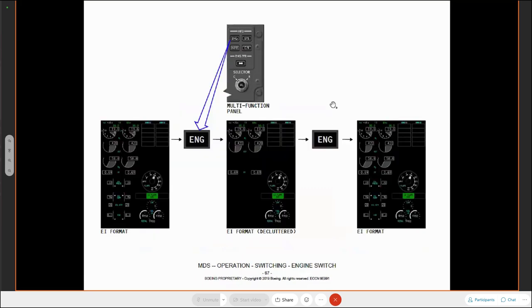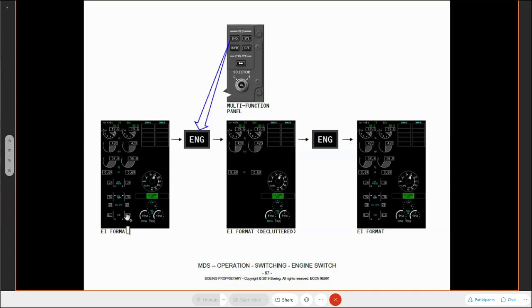Again, we've already mentioned the engine display several times. Engine display is always shown so long as it's available. It's going to be shown primarily on the inboard displays, but as I've just mentioned, we could put it on an outboard display if we wanted to. We show the engine information in two formats. We show it in the normal format, which you've got here, where we've got the primary engine information and